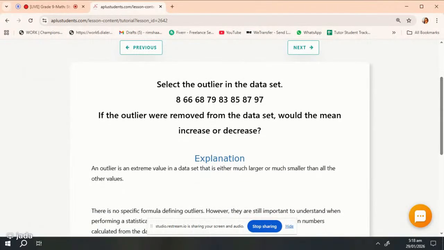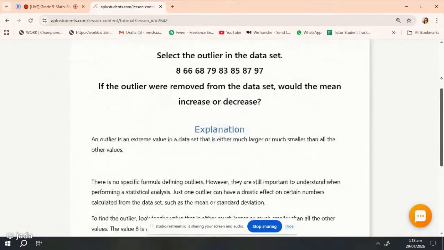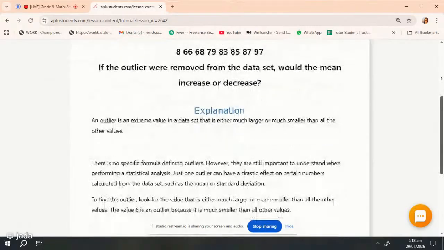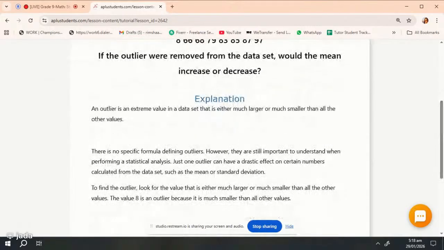So these are the values that may be big or may be smaller. There is no specific formula for finding it, like putting some value in a formula. So to find it, we just look at the values and check which value is smaller and which value is larger among all the values. Okay,